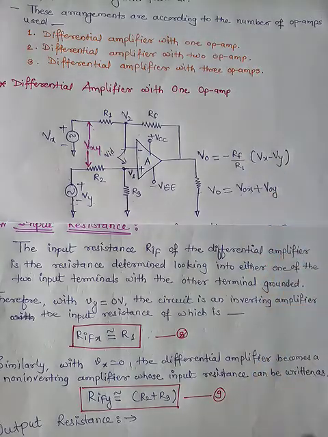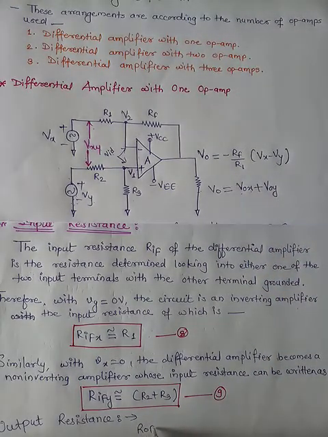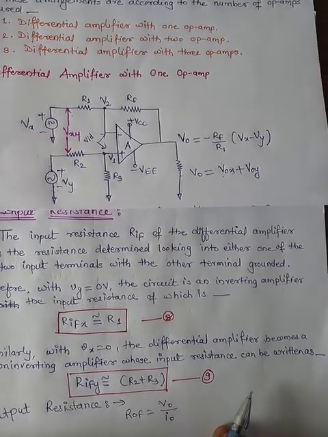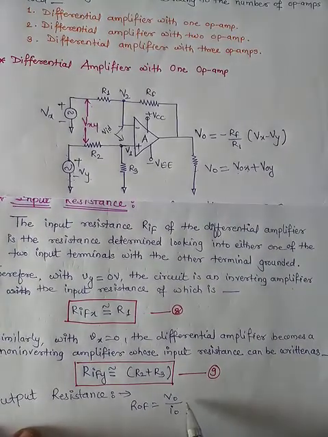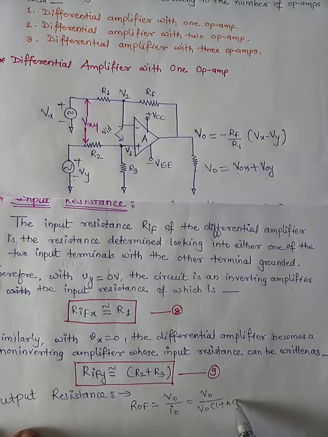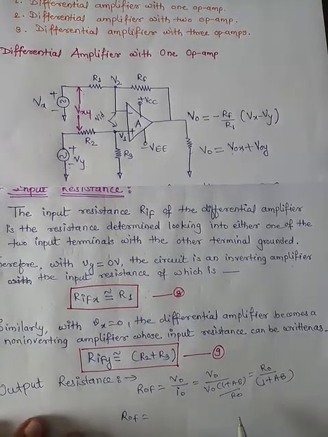So output resistance with feedback is nothing but output voltage divided by output current. This equation we already have seen how we have found it. So it is V0 by I0, and when we calculated I0, we got V0 into bracket 1 plus AB by R0, and hence we got the output resistance as R0 by 1 plus AB. Okay, the same output resistance will be obtained when we are using the differential amplifier configuration.